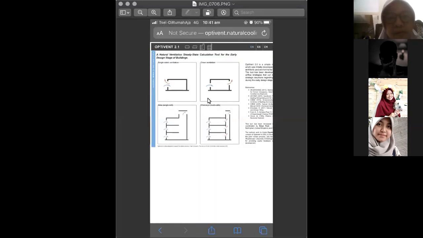Nah, so this is how it looks like. Kelihatan nggak? Can you see this? Belum, Bu. Ya, ini sekarang sudah. Sudah. Nah, so you can choose whether it is single-sided ventilation or cross ventilation, and then atria,